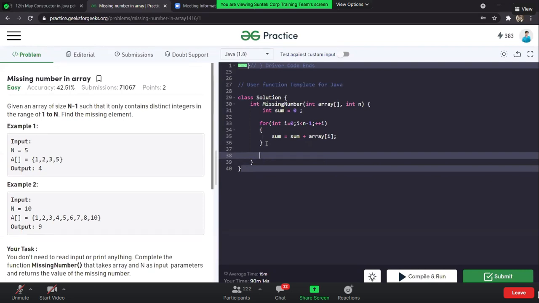Now, if I subtract the sum variable from, maybe, what is the sum of the first n natural numbers? n into n plus 1 by 2 will give me the sum of n natural numbers, right?